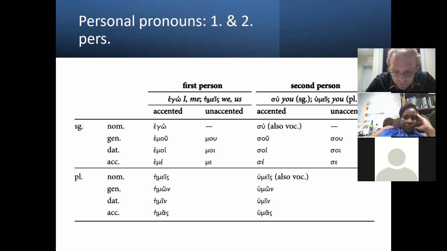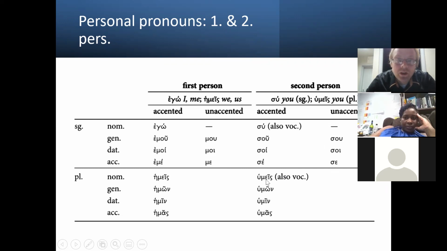So here we have the inflection of the personal pronoun in first person and second person singular and plural. In the first person singular, we have egō, so I, and then the genitive emou or mou, in the dative emoi or moi, and in the accusative eme or me. And then in the second person, sy, so you, which is the same also in the vocative case. Then we have in the genitive sou or sou, in the dative soi, and the accusative